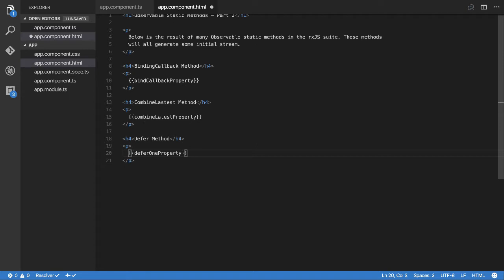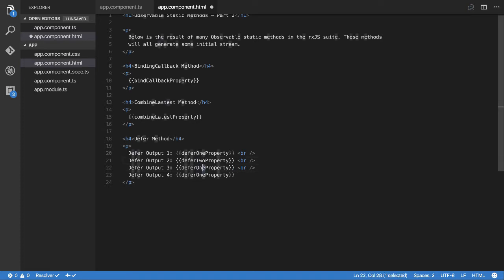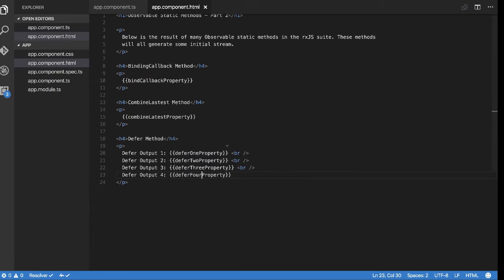So I'll go defer output 1 that, and then we'll add a BR at the end just so they're not all on one line looking weird. I'll get rid of the last BR because we don't need it. So we go 2, 3, oops, 3, and we'll just change this to 2, 3, and 4. Save, come over,